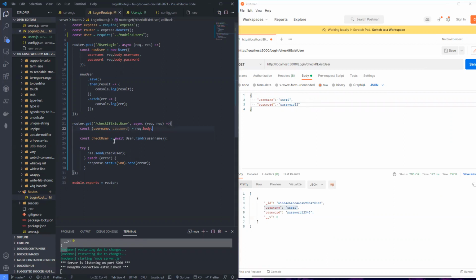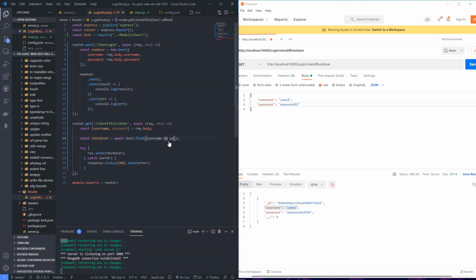And so right here, we say find anything with user, and I believe you do and password. I believe that's correct. Like that, yeah. And then if it finds a username matching these two values, which are these two values that we're passing here,